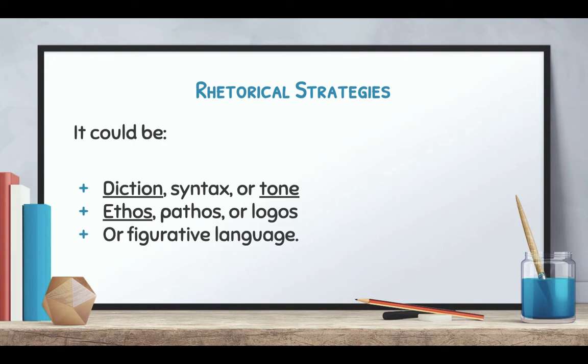The other thing you can always talk about is tone. What's the writer's attitude towards the subject and how does it change over time? So does the tone start one way and then change by the end of it, or maybe change in the middle? The other thing you can always write about is ethos. No matter what, ethos will be in there because the writer at some point is going to have to prove their credibility. How do they get people to listen to them? How do they get people to trust what they're saying?